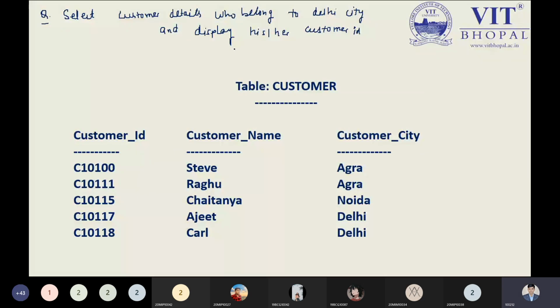Can anyone tell me what would be the query in the form of relational algebra? How to write it? Sir, query: select customer ID from customer where customer underscore city is equal to Delhi. Anyone who would like to speak something?